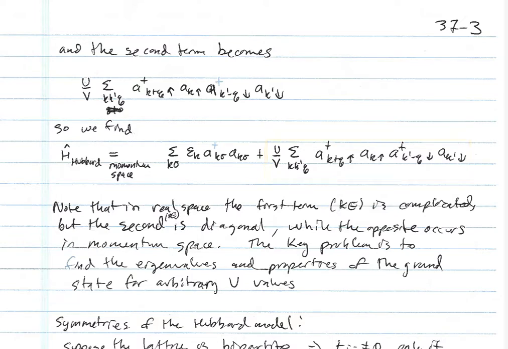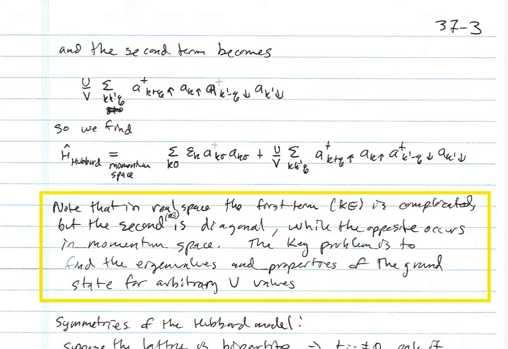So in real space, the Hubbard Hamiltonian had the first term, the kinetic energy, being complicated and not diagonal, while the interaction was nice and diagonal, whereas if I go to momentum space, the opposite is occurring. The hopping becomes simple and diagonal, but the interaction term is not diagonal. So there's no simple way to find a representation where I can easily diagonalize the Hamiltonian, and that means the key problem is to find the eigenvalues and properties of the ground state for arbitrary values of U,